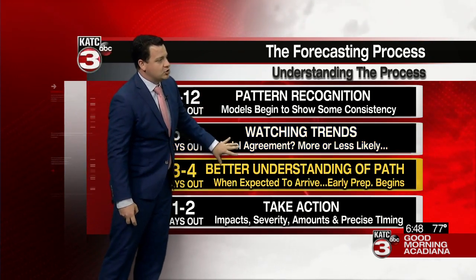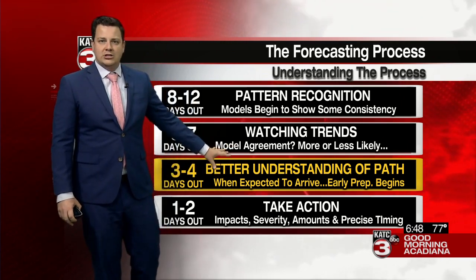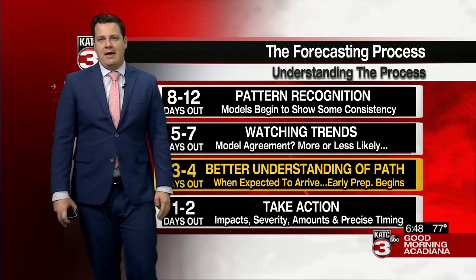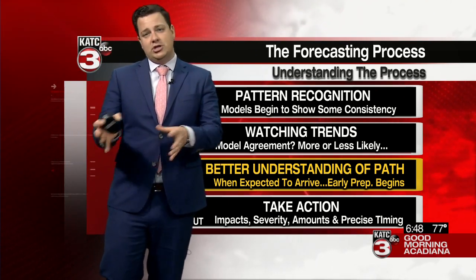And now we're kind of in between because it's taken so long for the storm to develop. We're kind of in between this, watching trends and getting a better understanding of the path. I think we've narrowed it down now to south central Louisiana, southeast Louisiana. Unfortunately, those are